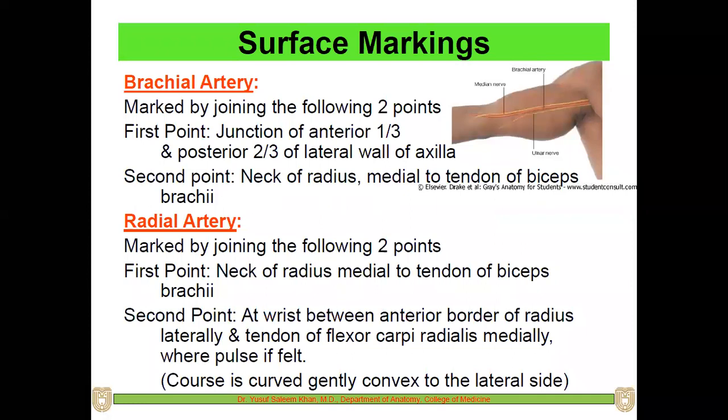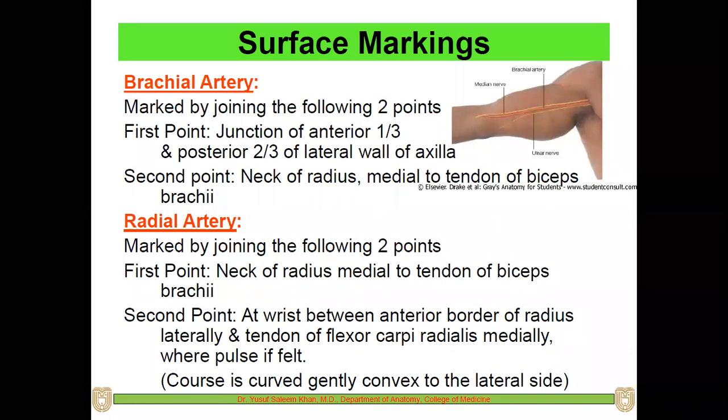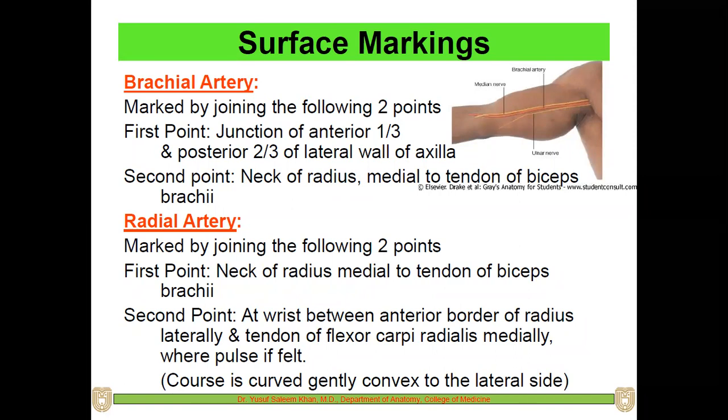Because if you want to locate any artery or vein or any structure, you should know where exactly it will be present. For the surgeons to do any surgery, or the physician to give any kind of venous drain, as we saw with intravenous injections, at that time you're supposed to locate the structure. So this is called surface marking, when we draw it on the body before cutting anything.